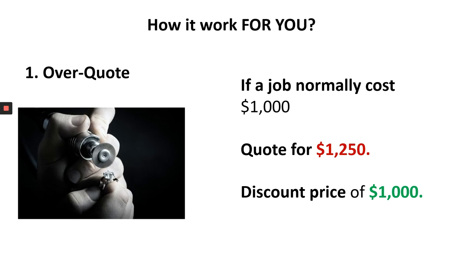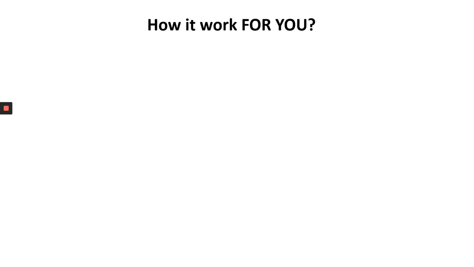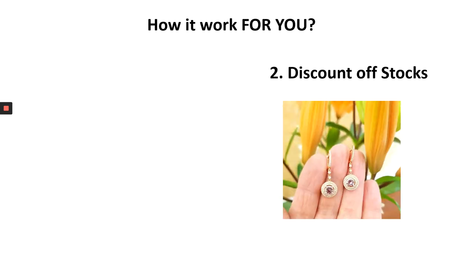And then we're just going to get, the job costs 1,000, the job costs 1,200, and we're going to give you the voucher and we apply it for you. So the real cost, the discount price, is 1,000, right? So this is a recommendation again, and this is step one, the first part of how it works, and the second part is a discount on stocks, right? So you're giving them a discount on your stocks.